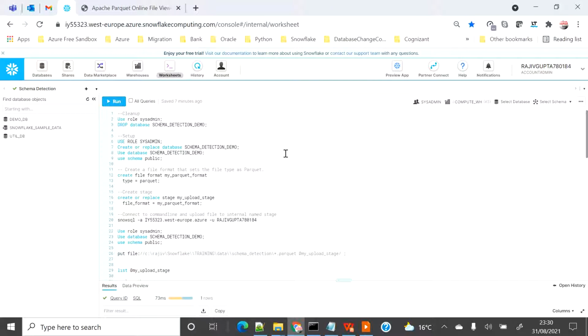Then I'm going to upload a couple of files using the command line, read those files, detect the schema of those files, and then compare the schemas. As of now, this feature supports only Parquet, Avro and ORC files out of the box. Maybe in future they will come up with the other remaining file formats, but as of now they only support these three, and in this demo I'm going to showcase the Parquet file format.